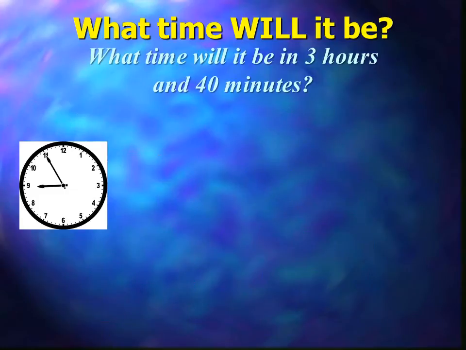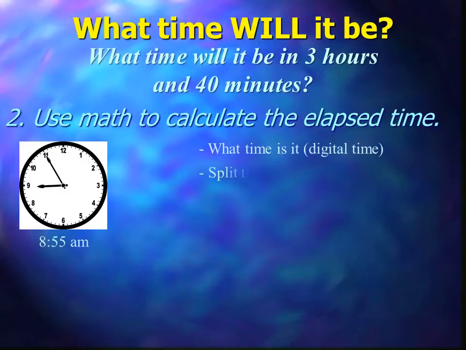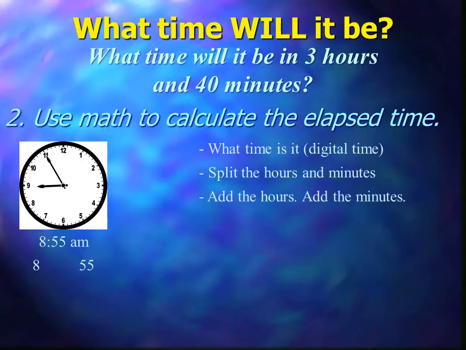Alright, let's try another method. Let's use math to calculate the elapsed time. What time is it? Using the digital time, we know that it is 8:55 a.m. So let's split the hours and the minutes up. We have the 8 hours and 55 minutes on the other side. Now let's add the hours and add the minutes from our problem. We have 3 hours that we're adding to 8 and 40 minutes that we're adding to